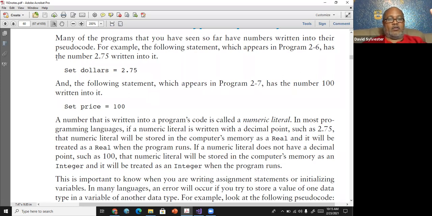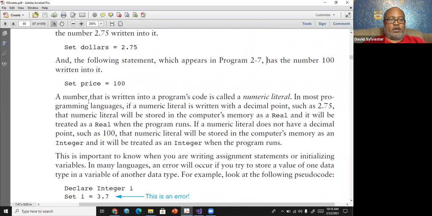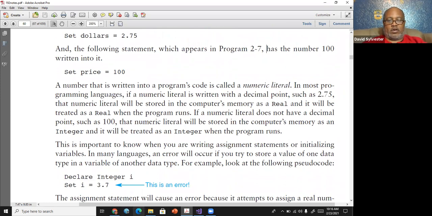Because if I do int dollar equals 2.75, then I'm trying to take a decimal value and store it into an integer variable. It says the following statement has the number 100 written into it. Set price equal to 100.